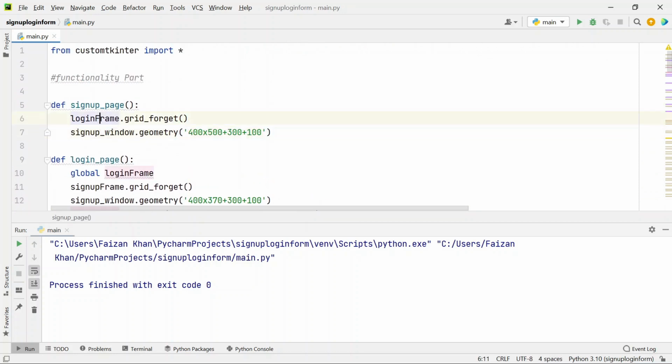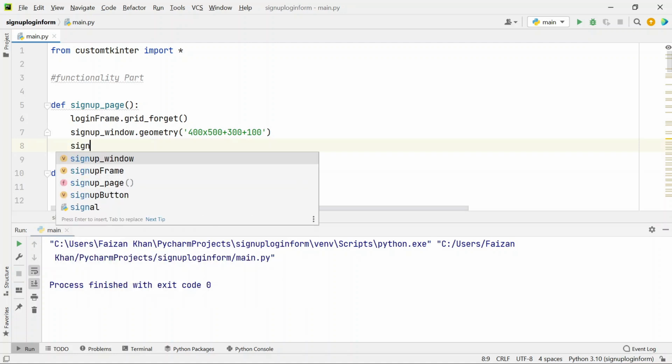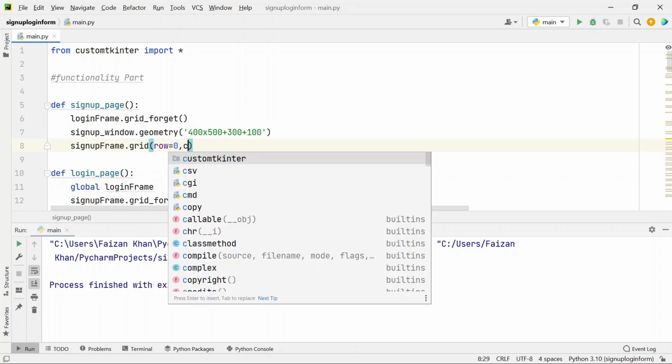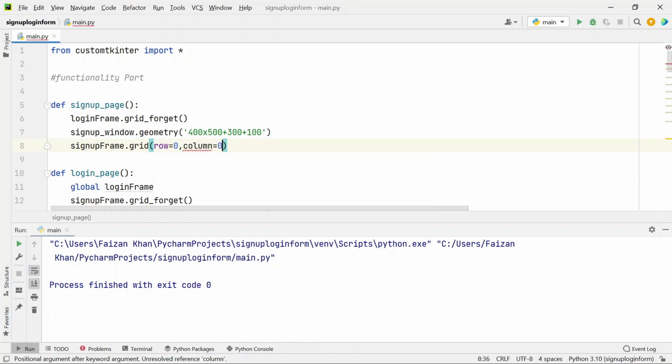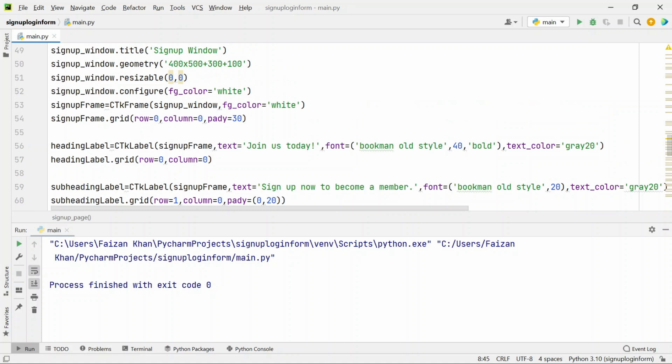After the login frame is removed, we'll change the window size back to the original size, and then add this sign up frame back again. So we'll write grid, row value will be 0, column value will be 0, and then pady will be 30. Just like we gridded initially, it will be gridded in the same way. Now if I run it,